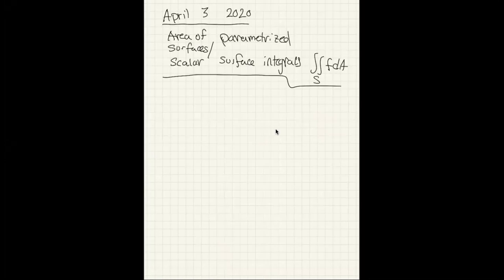So without further ado, let's talk about finding the area of a parametrized surface. So that's what we'll do today. I'm going to draw a little picture about really what a parametrization is. You've seen me do this picture a couple times, and I hope you're comfortable with it now. Remember, you've got a little square or a little rectangle in the UV plane. Typically your u is ranging from 0 to 2 pi, so your a is 0, your b is 2 pi. And you've got these horizontal lines